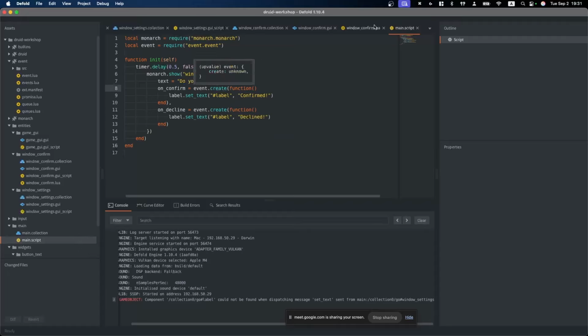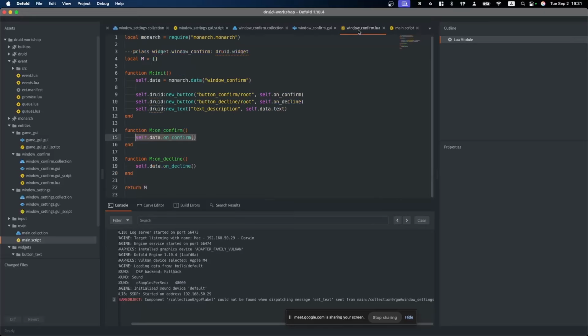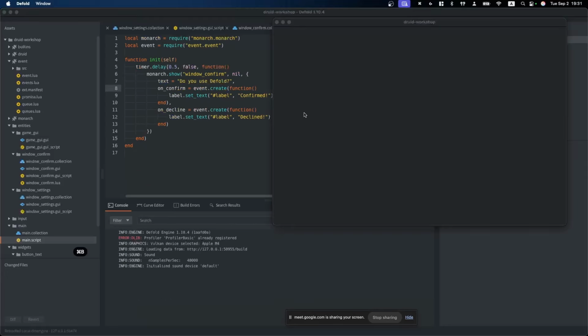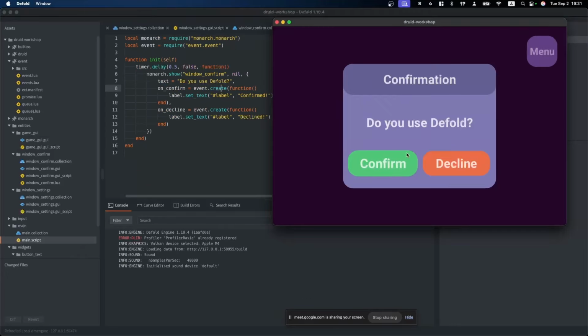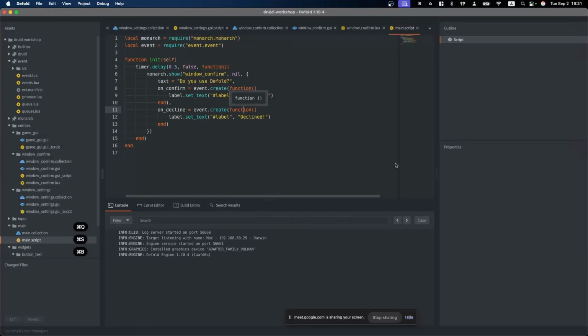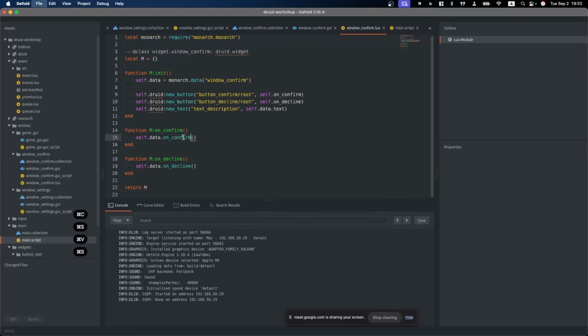And that's all. The event created this way can also be called with just parentheses. So when we press Command B, we have a pop confirm. No, it should be on confirm, and create the function on confirm.